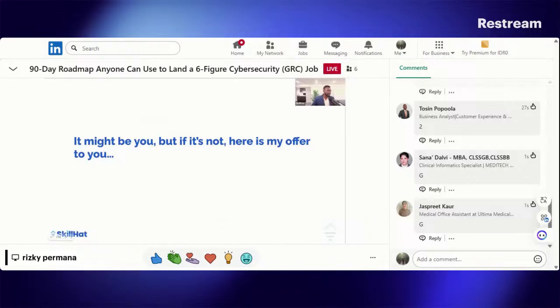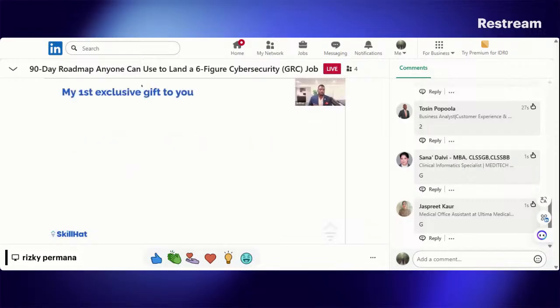I'm seeing Mitchell in the comments says most colleges would charge 30K with less than 10% of the value. That's why we're here to give you more value. Now, you may get the scholarship tonight, but if that's not you, here's my offer to you tonight. My first exclusive gift to y'all tonight.